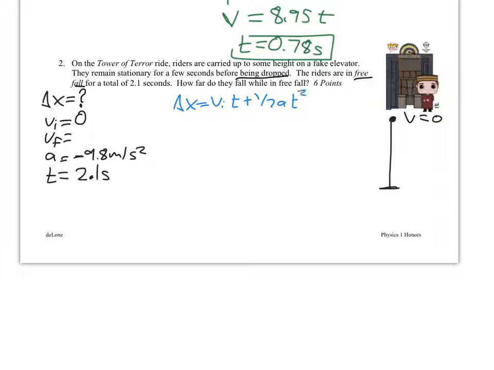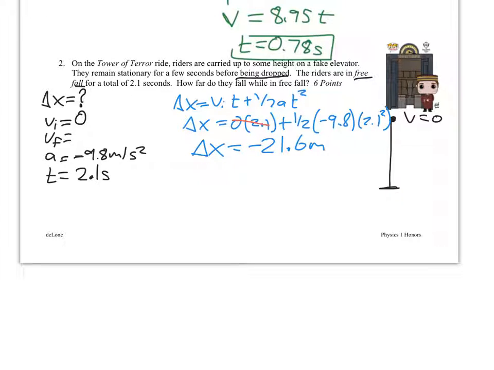Alright, so we sub in the things we know. We're solving for delta x, of course. Our initial velocity is 0 times that 2.1, which means that entire term there just goes away, plus 1/2 times negative 9.8 times 2.1 squared. Only the 2.1 is squared. Be careful about that. So we go ahead and do our math here, and we end up getting a delta x of negative